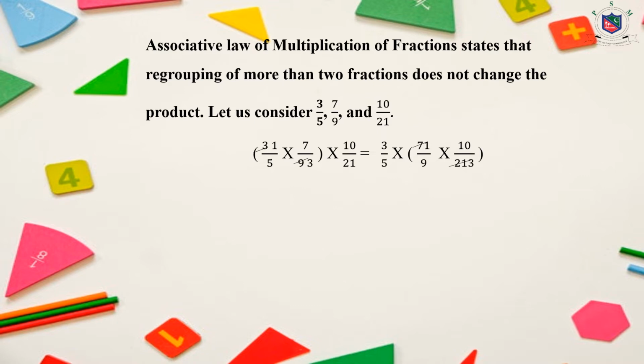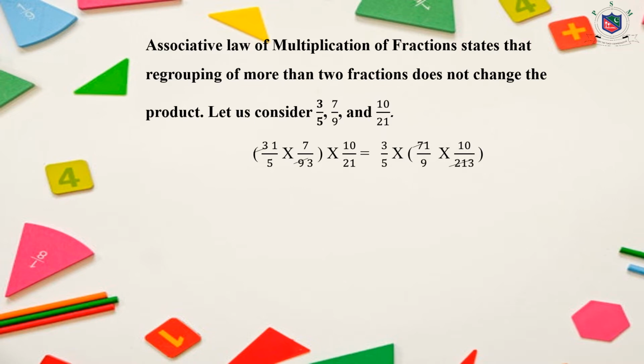On the left hand side, we have regrouped our two fractions 3 upon 5 and 7 upon 9. And the third fraction we are multiplying with this group. And on the right hand side, the first fraction, that is 3 upon 5, we are multiplying with the group of two fractions, that is 7 upon 9 and 10 upon 21. So, as you can see that